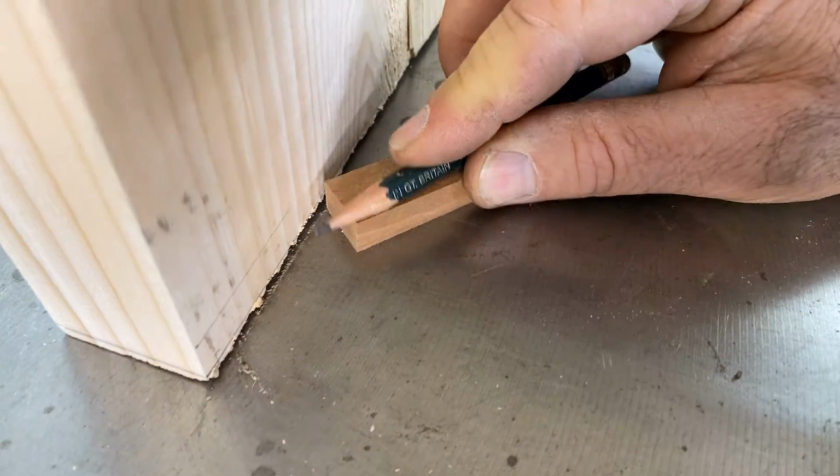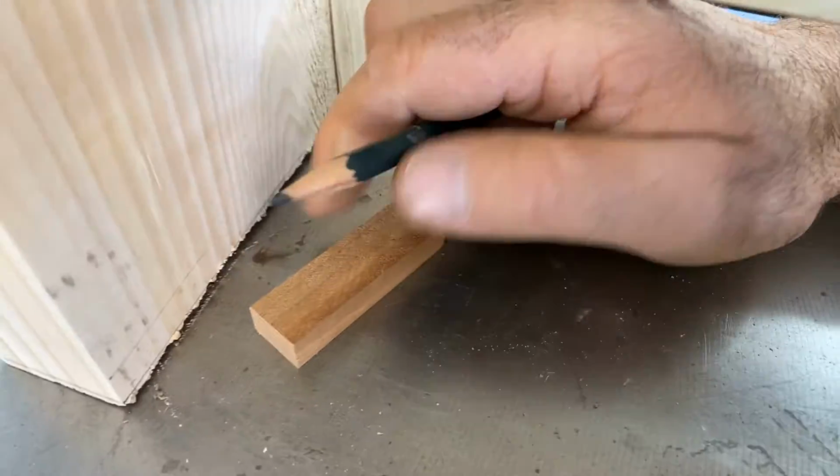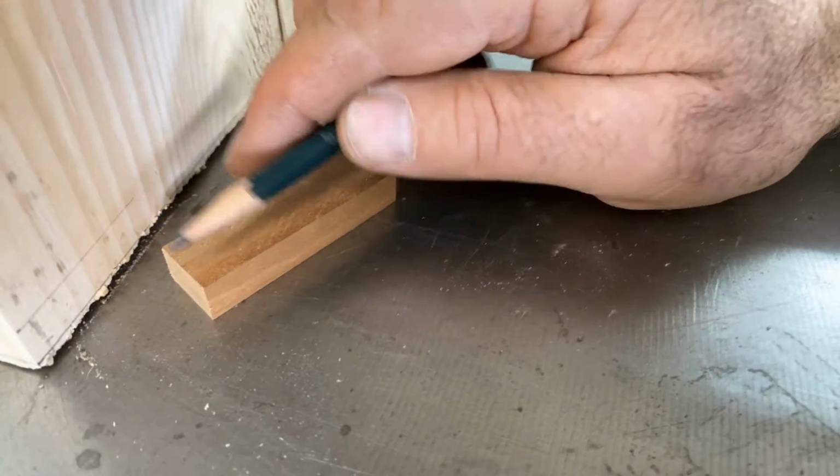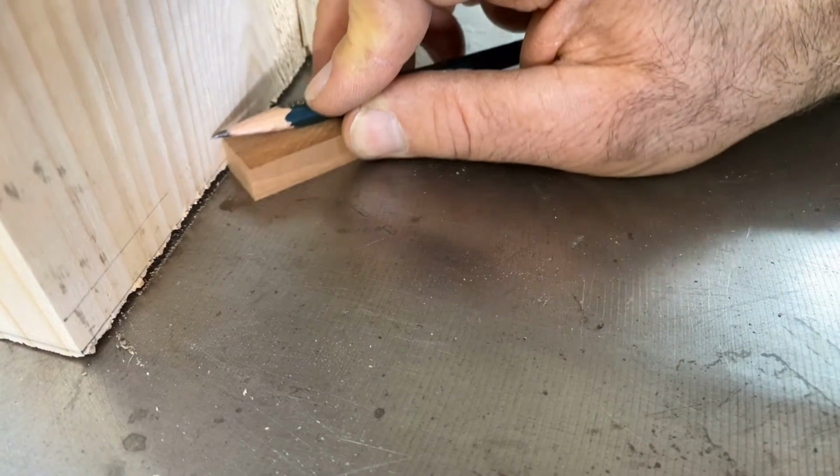It's going to be much higher. Actually, I just grabbed this scrap. I could have probably gotten a little bit thinner scrap. I don't really need to go this much higher. But the idea